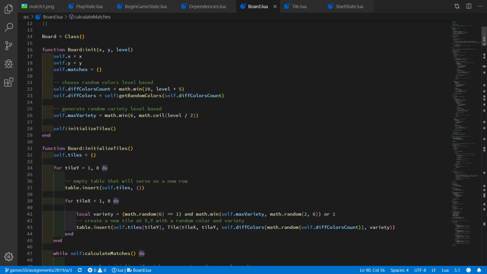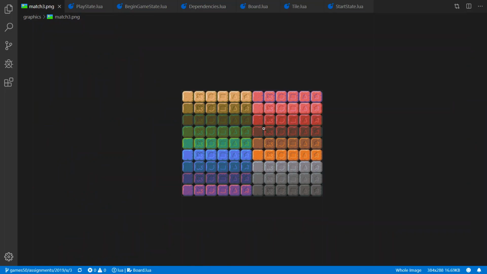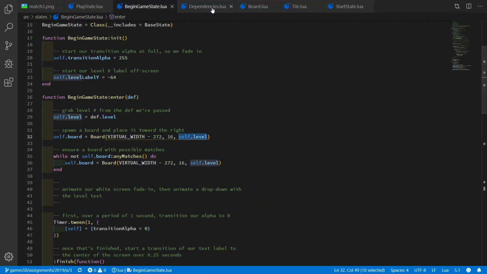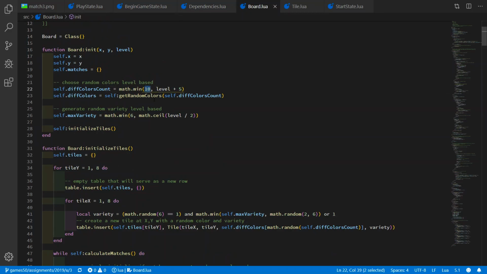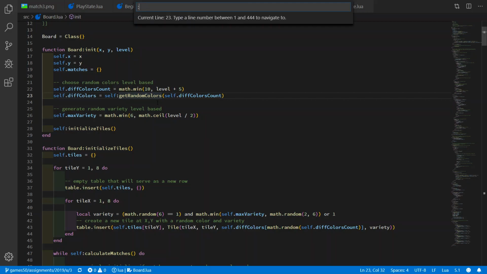I will cover the colors too in this goal for now. Basically before we just chose a random color from this sheet, but there are too many colors. So I decided to choose a maximum of 10 and a minimum of 6, so level 1 plus 5 is 6. So in the first level 6 colors and so on, and it goes up to 10, and then if you're at higher levels it's always 10 colors. And for this I also wrote a function called getRandomColors,